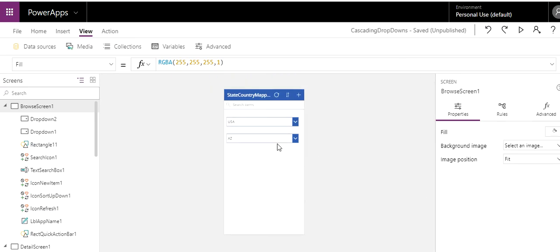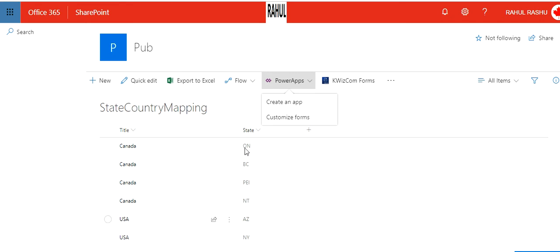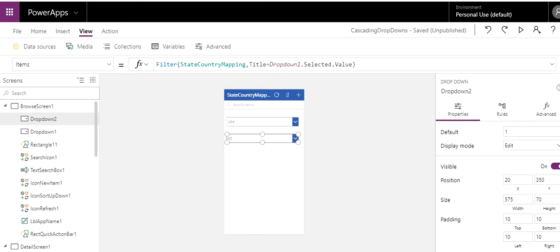Okay. Now the second one. So now the second one, what we need is the second column values, but again, the cascading logic has to be there. So for this, what I did, see this here, I use a filter function. So the first is my data source that I'm going to pull the information from. Okay, so I'm going to pull information from state country mapping,